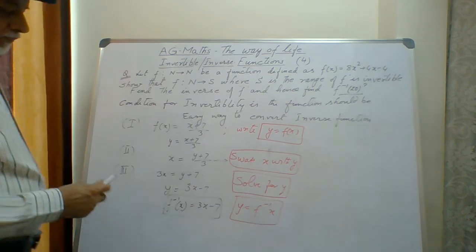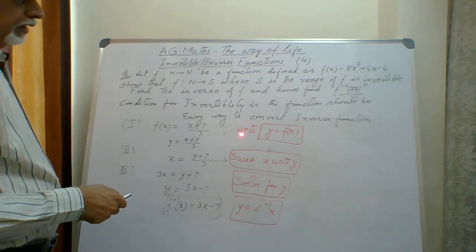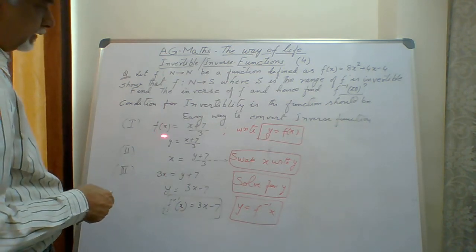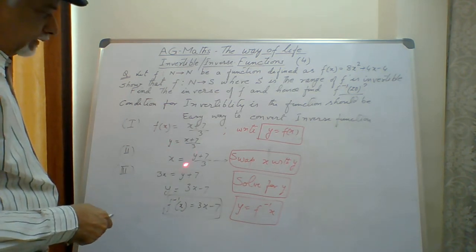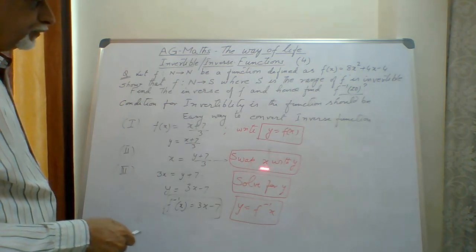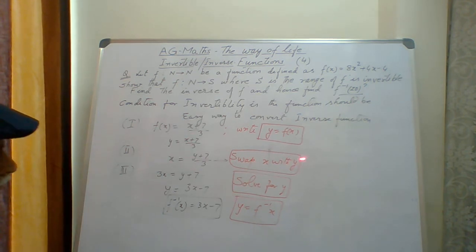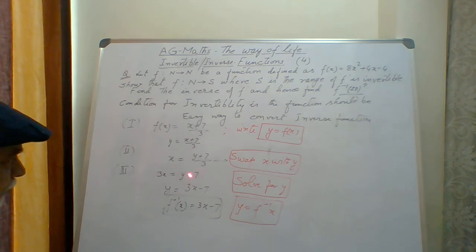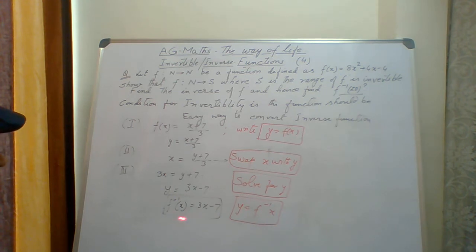So, my dear everybody, the first step is whatever function is given, you will write y as f of x. If f of x is here, we will write y against f of x. So it becomes y is equal to x plus 7 by 3. Second step is swap x with y. How do we swap x with y? Instead of y, you write x, and instead of x, you write y. So this is called swapping of x with y. Third step is solve for y. From this relation, I am solving to get y, and we got y is equal to 3x minus 7. And whatever you got in y, we call it f inverse of x. And that is the inverse function of the given function f of x.